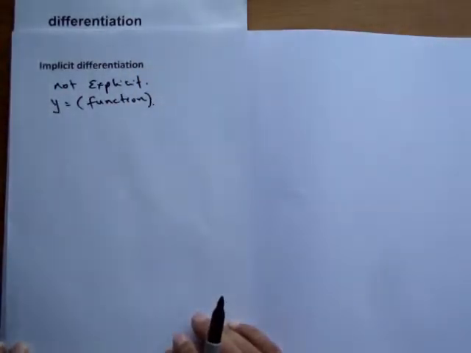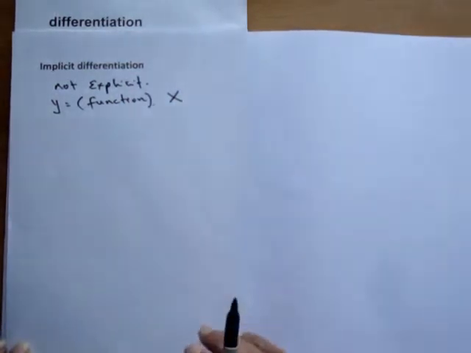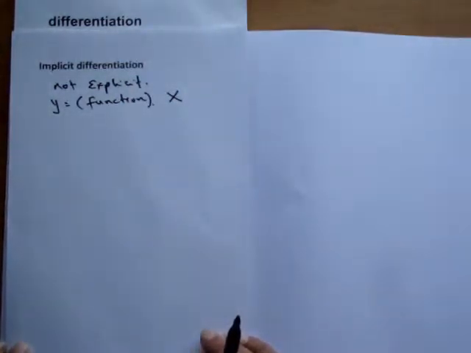In these cases where the equation is implicit, the x and the y are mixed up together, so they're not of this form, and they can be either on one side or both sides of the equal sign. It may be difficult to get x or y on one side,